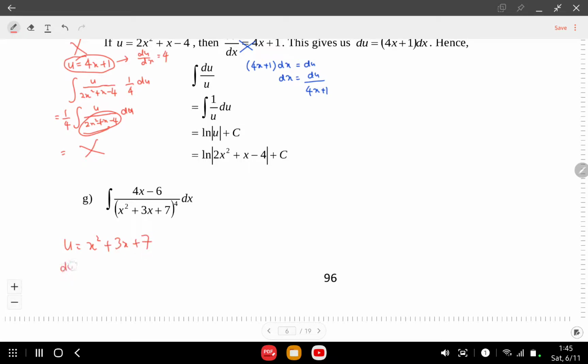Okay, so our du over dx will be 2x plus 3. Okay, and then we substitute all of our assumption into the original question. So it will become 4x minus 6 divided by u power of 4. So what will be our dx? So from here kalau kita darab silang, kita akan dapat 2x tambah 3 dx sama dengan du. So dx sama dengan du bahagi dengan 2x tambah 3. So our dx will become du over